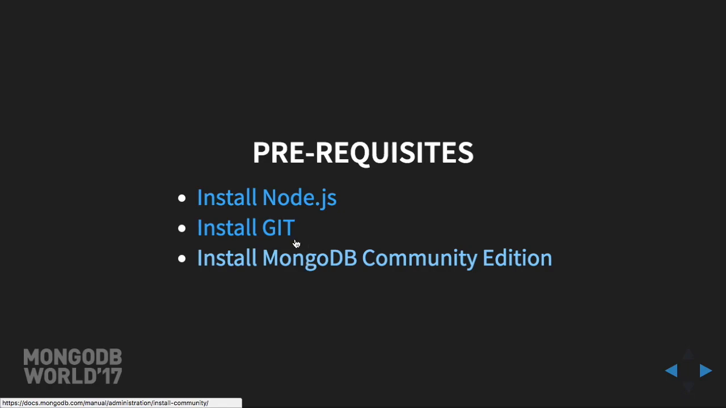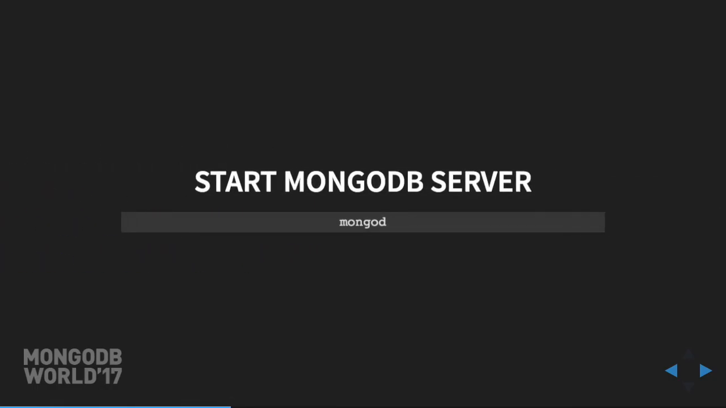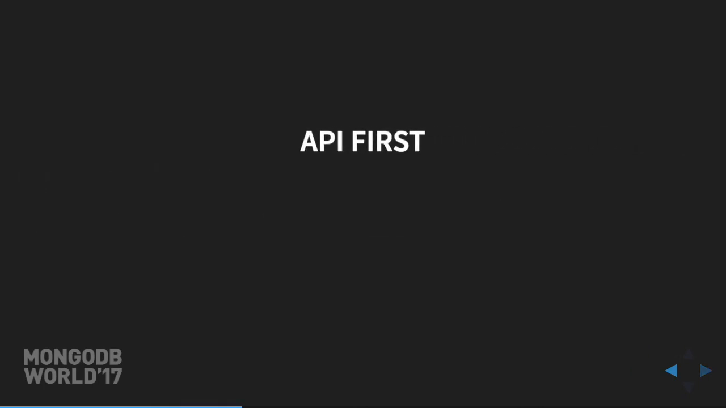So make sure you have that as well. And then Git, you might be able to get away with not having Git installed, but I recommend you have it. So the very first thing that you're going to want to do is make sure that you have your local MongoDB running. Once you have a local MongoDB installed, the next thing that we're going to do is